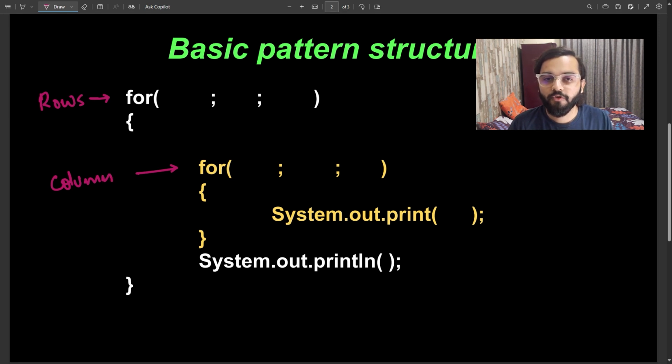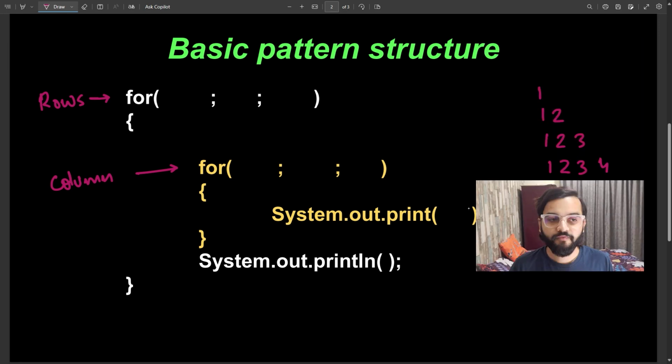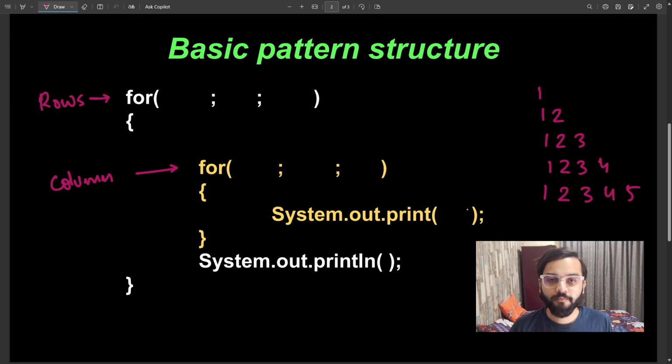Here we have 5 rows and 5 columns. For 5 rows to be created, this outermost loop has to be executed 5 times.